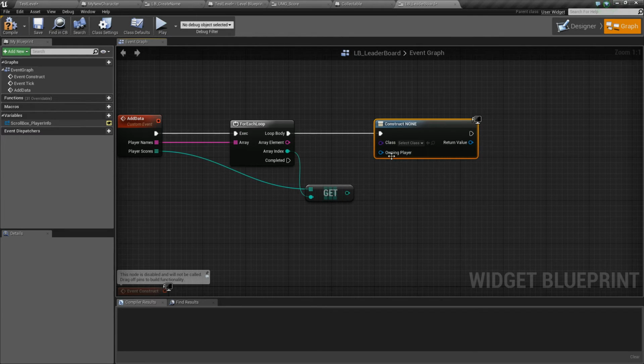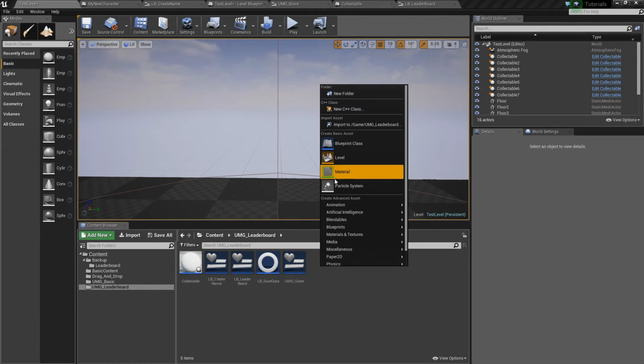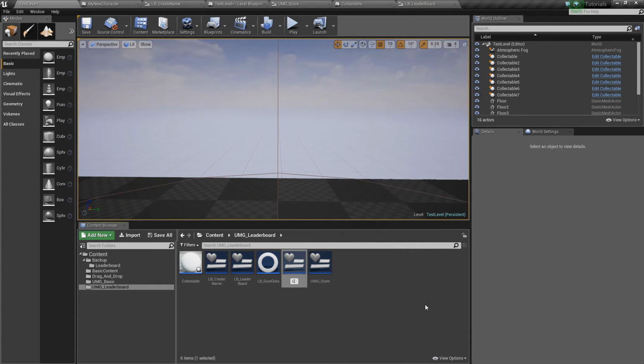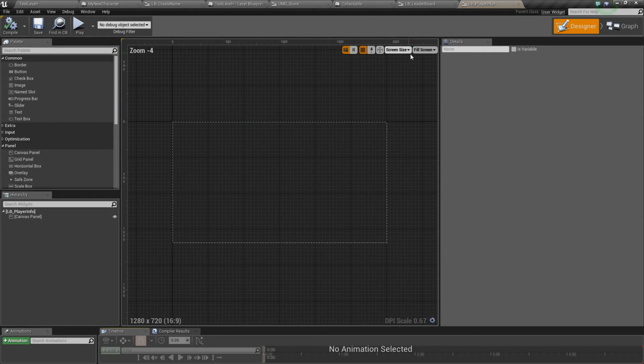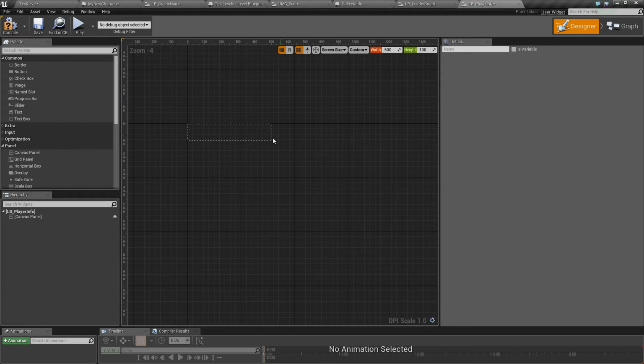and we actually have to set that widget up, so let's go and do that as well. And this is the widget that's going to get added to the leaderboard. So what we'll do is go down to user interface, create lb_player info, and inside player info again we're going to make it custom. We know that our leaderboard is 500 units wide and it has a height of 100 in this case for this